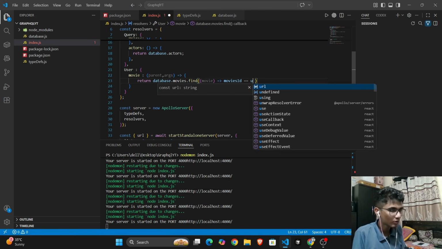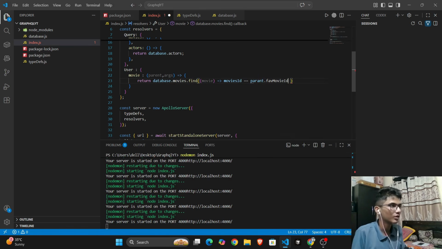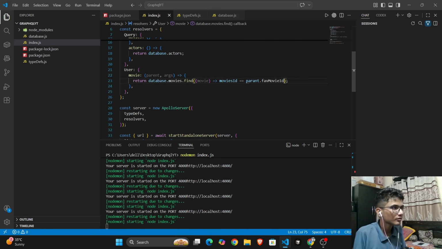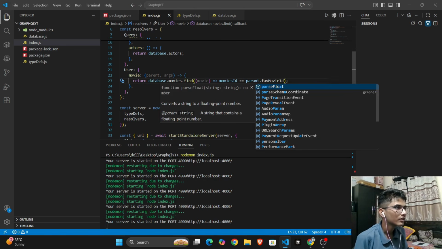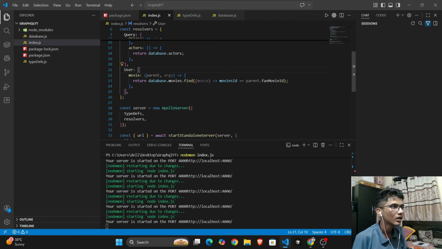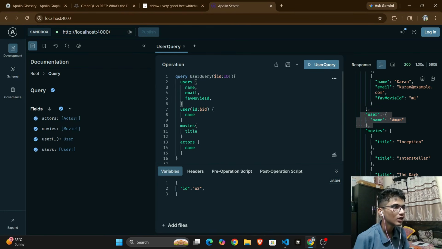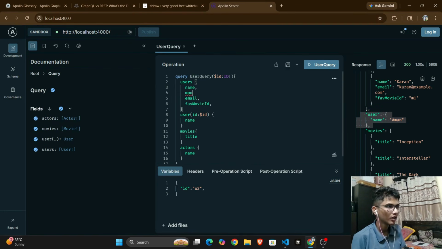This movie ID is provided by parent dot favorite movie ID, because inside that it is present. Now we are querying this, and this will return us this parent. Wait, parent, yes, right. Now we can query user. Inside user we can query movie as well. Now let's see, this is user, and movie